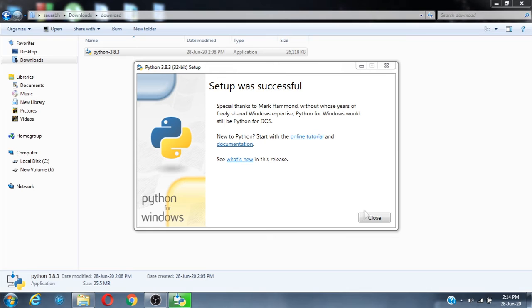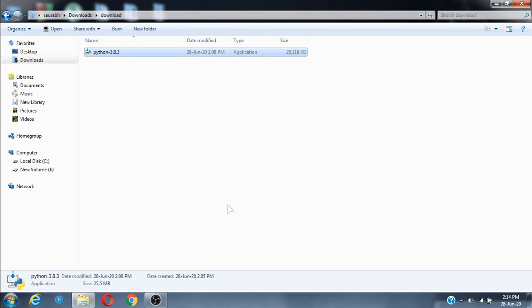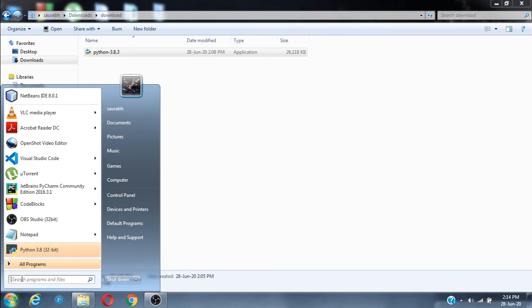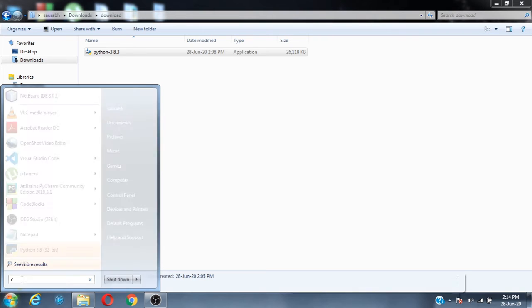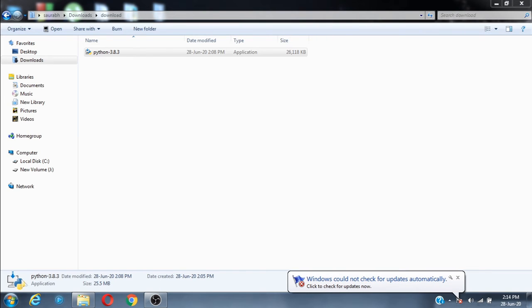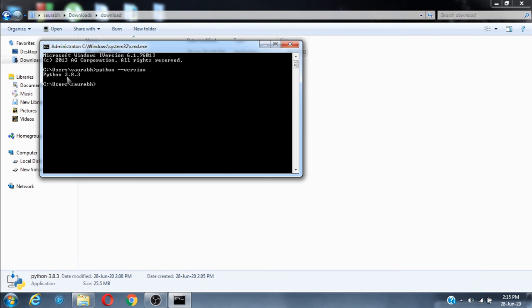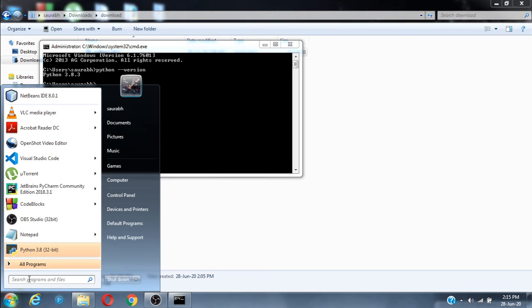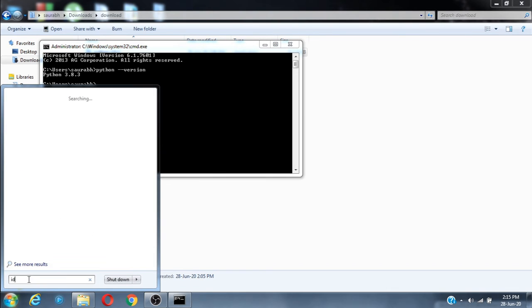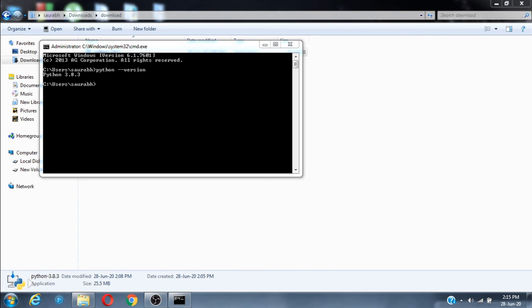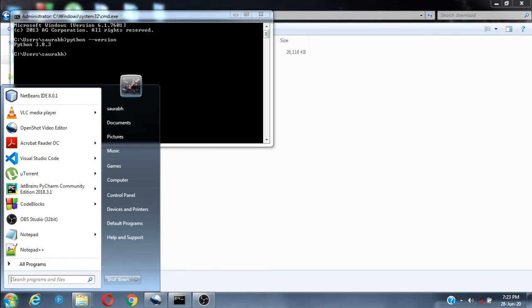In order to check the version of your Python, click on the Run button and open Command Prompt by typing cmd. In cmd, type python --version. It shows that your version is Python 3.8.3. In order to check whether your Python is working or not, open IDLE